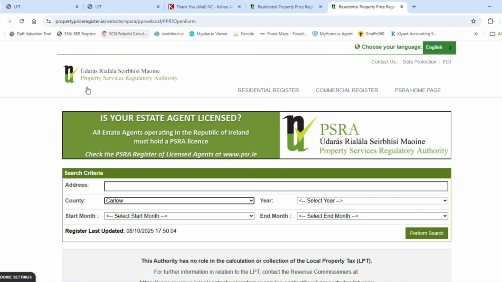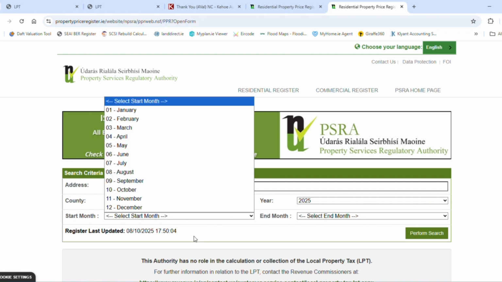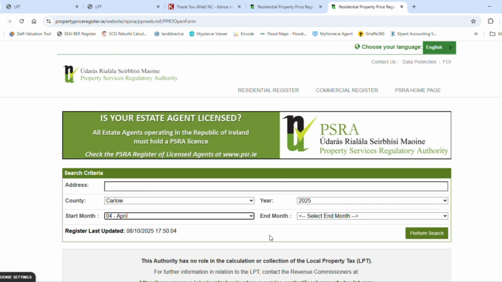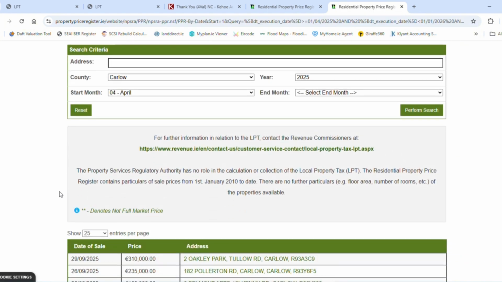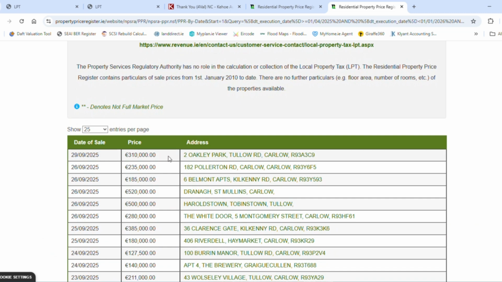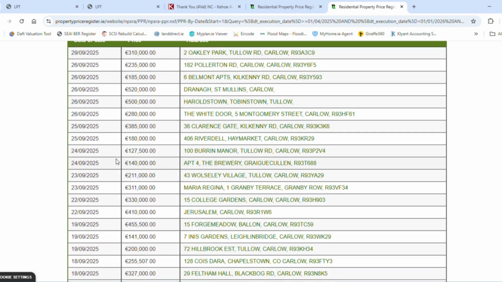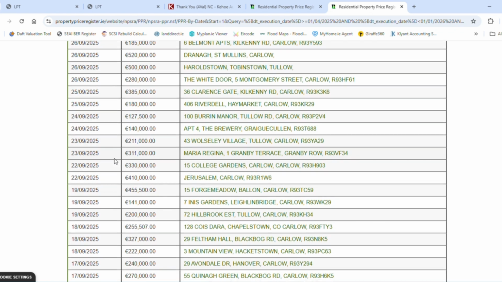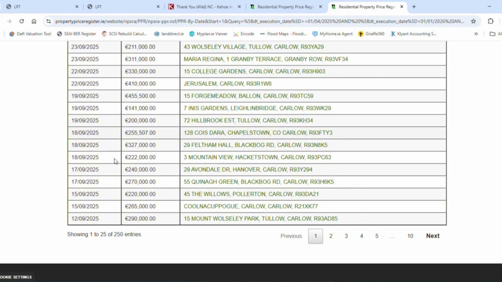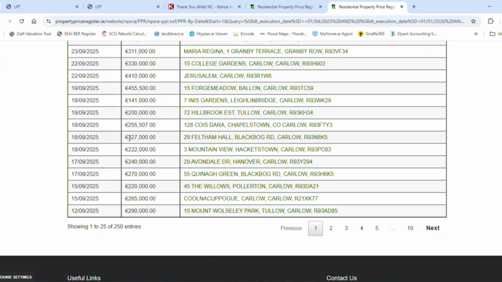In the property price register here, we select Carlow sales from 2025, and for this purpose let's pick April, and perform a search. These are all the properties that sold in Carlow in the last few months. We can guide ourselves if we find the area where we live, and then with the valuation that we got from Kehoe.ie, we can estimate where our house is positioned, and therefore we don't actually need the exact figure, but